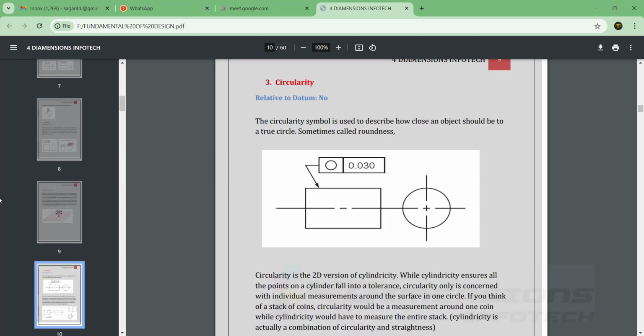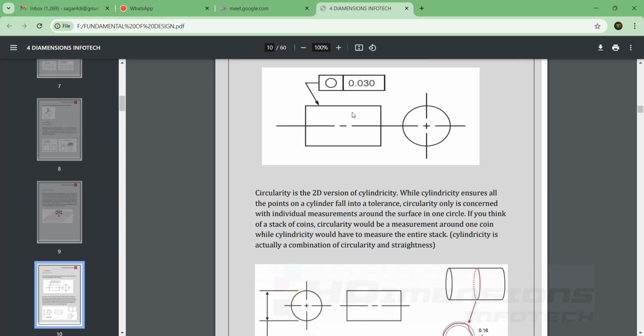Now the third symbol here is given as circularity. It is shown that it is relative to datum. No, datum is not required in this characteristic also. So the circularity symbol is used to describe how close the object is to being a true circle, sometimes called roundness. So now it is saying that a circle symbol is used to represent this particular circularity